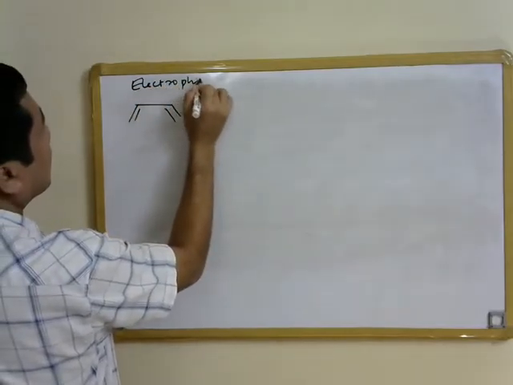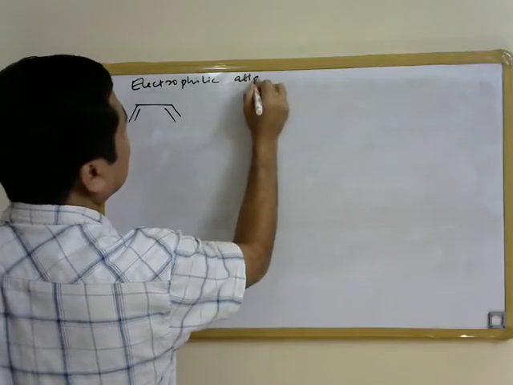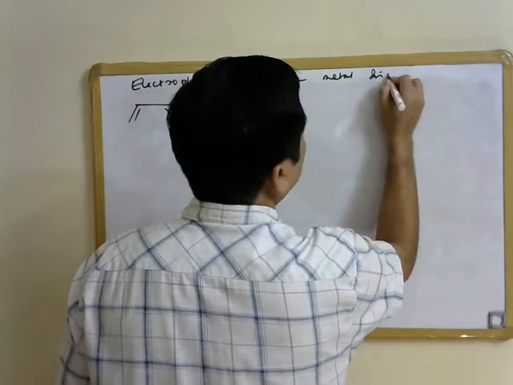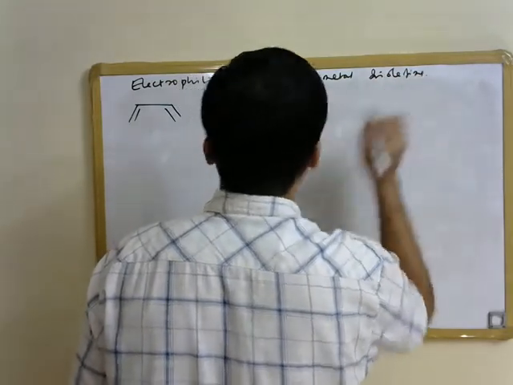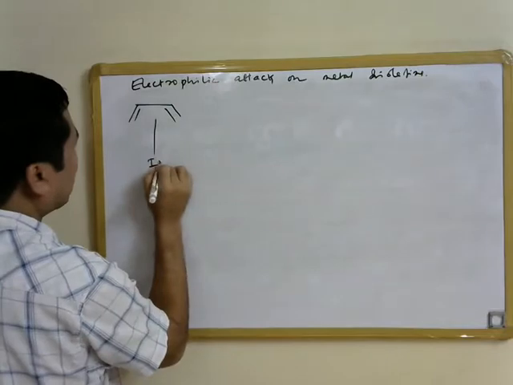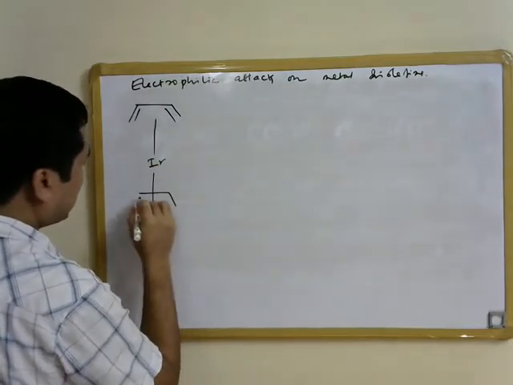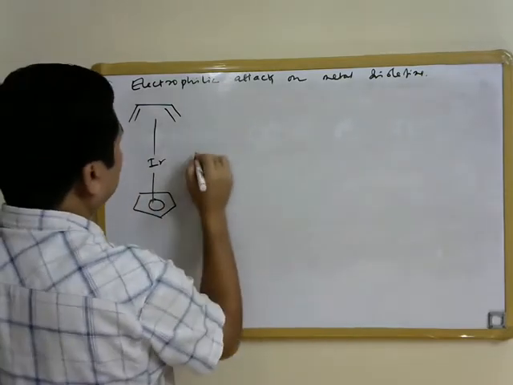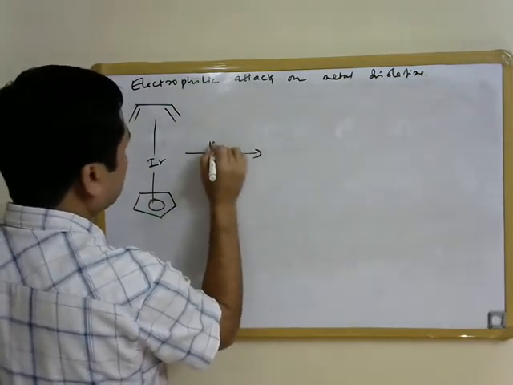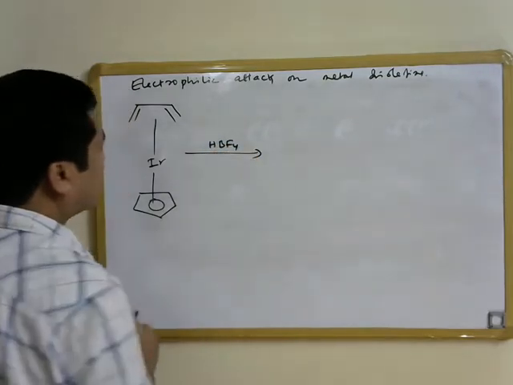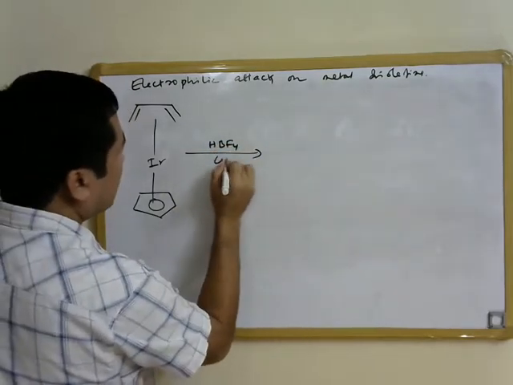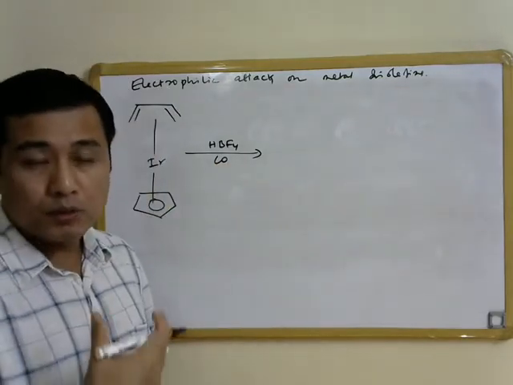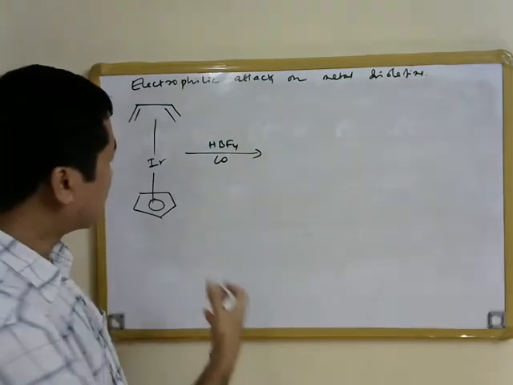So if we take this diolefin complex and then react it with HBF4, a strong acid, we know during such reactions the eta 4 ligand gets transformed into an eta 3 ligand, because